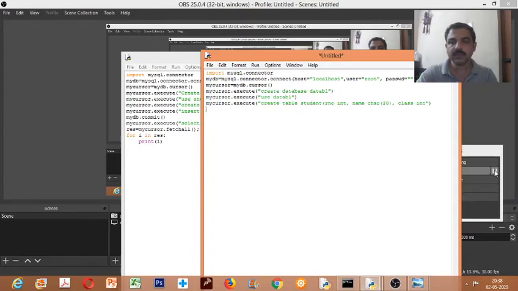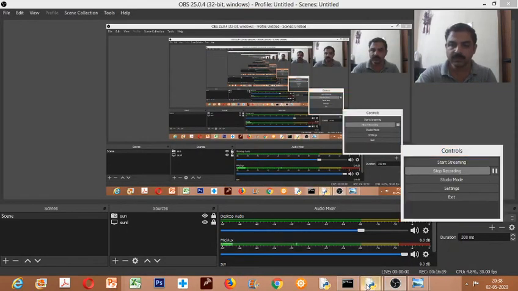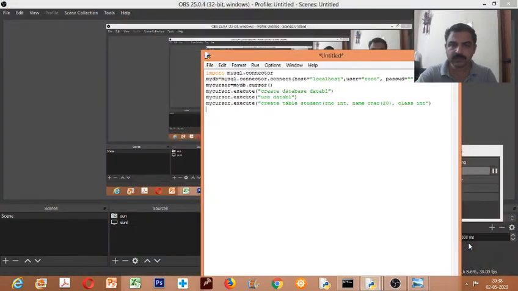Now we will insert the values into the table. So mycursor dot execute, then insert into table name, then values, then you pass the values.